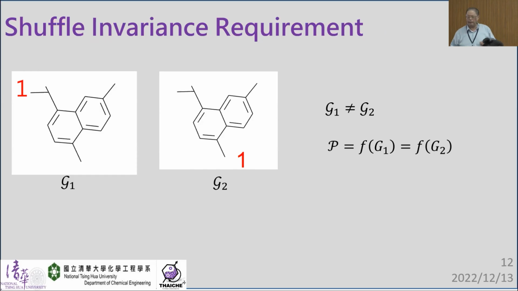But in order to develop models using a graph to predict properties, we have to obey a rule, because the graph is represented by a matrix, but the ordering of the matrix should not affect your prediction. Okay? We can name this molecule as number 1 molecule. We can do the same, naming this molecule as number 1 molecule. The order in the matrix should not affect your predictions. Okay? So we want to have a QSPR where the two types of representation will give the same predictions.